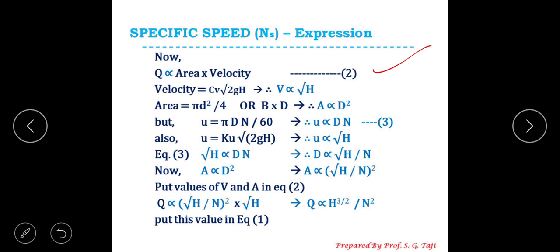Also, U is equal to Ku, that is speed ratio, multiplied by root 2gh, where h is the net or effective head. I am speaking about those parameters with explanation every time. Please remember, h is net head or effective head. Therefore, U is proportional to root h. Equation 3 now,